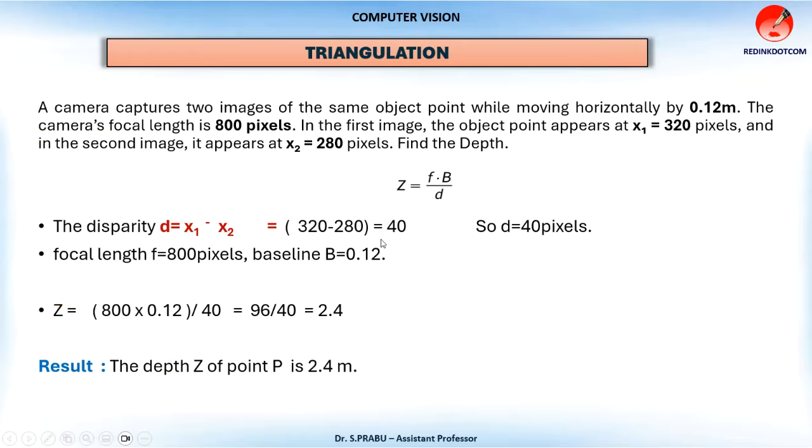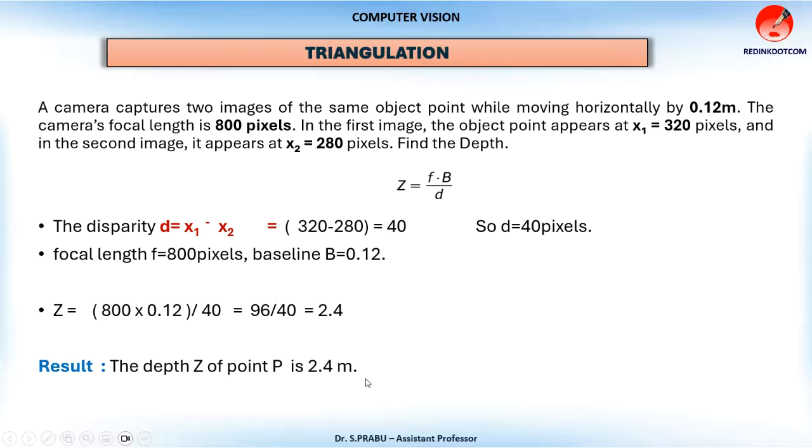I can give one numerical example for this. In this problem, the distance between the two cameras is given as 0.12 meter. The focal length is also given, it is 800 pixels. And the first and second camera pixels are also given, one is 320, another one is 280. Now we want to find the depth information. First we find the disparity. It is nothing but the variation between these two pixels, so that is 40. Then you apply this value in this formula and you get 2.4. So the final result is that the depth of the particular point P